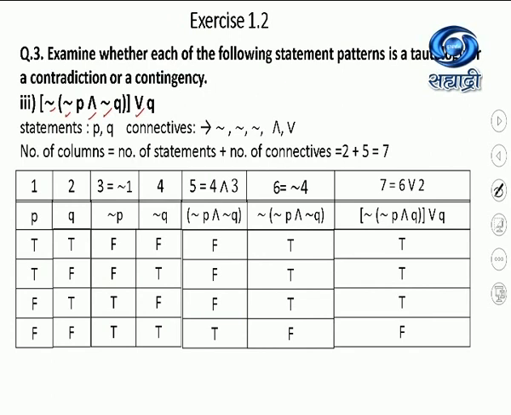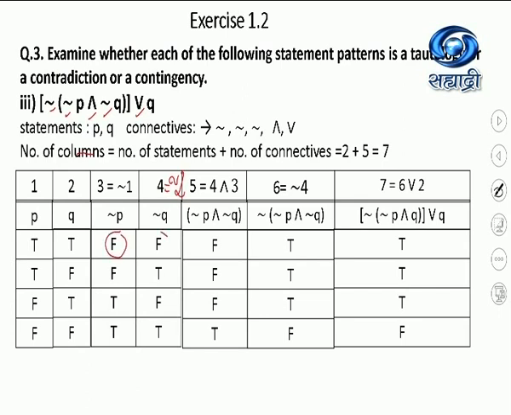First 2 columns by default, as I have told you, will go for P and Q with 4 values each. For P: T, T, F, F. Q: T, F, T, F. Now, inside the square bracket, there is a round bracket, and inside the round bracket, first we have negation P and then negation Q. Negation P means negation of column 1. Negation of T is F, negation of F is T. Negation of Q means what? 4th column is negation of column 2. So again negation of T is F and negation of F is T. Then you have negation P and negation Q, columns 4 and 3.